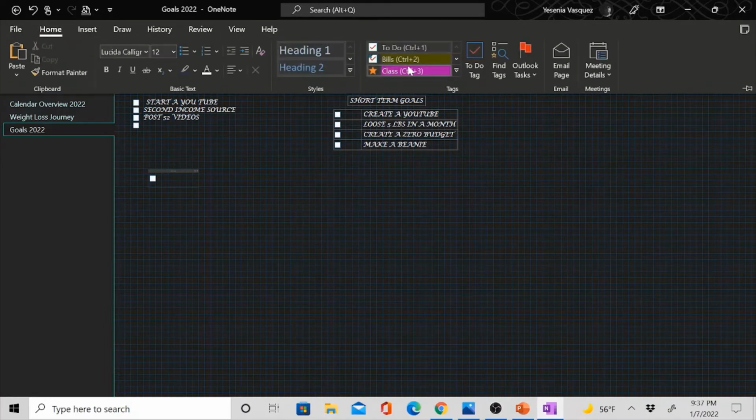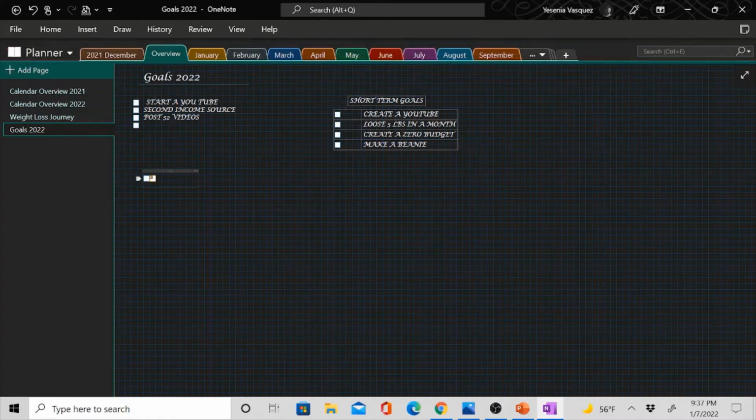So if I go home and I do workout and I start typing it, see, it'll come out as the designated color. I also tried doing like a chart thing. I'm not quite sure what I want to do, but if you did want to make a chart, you can